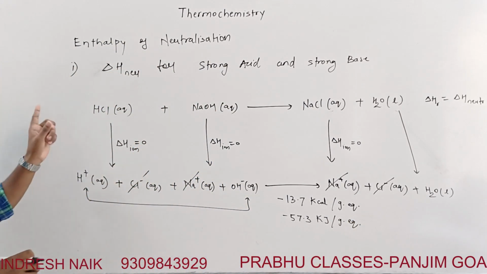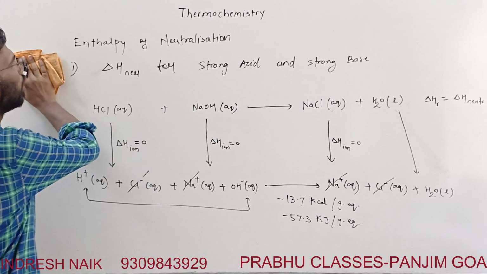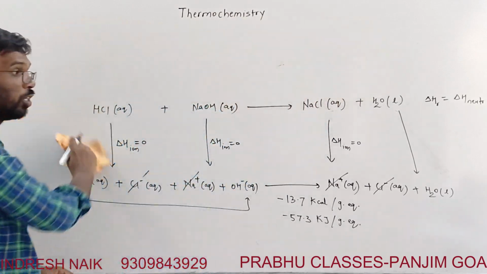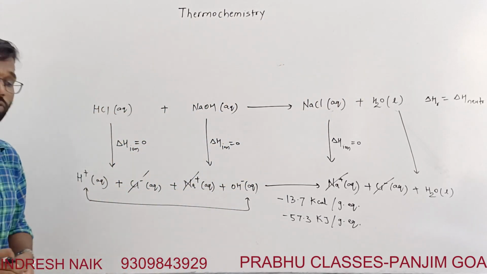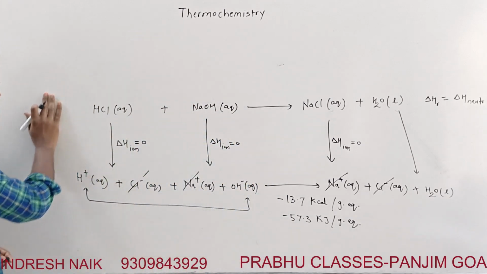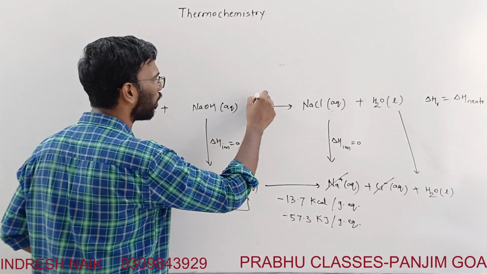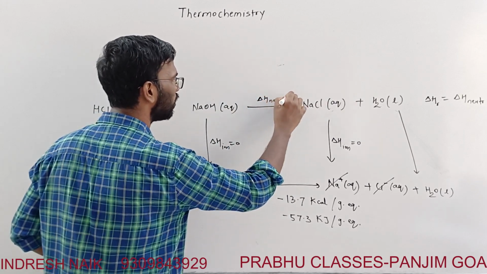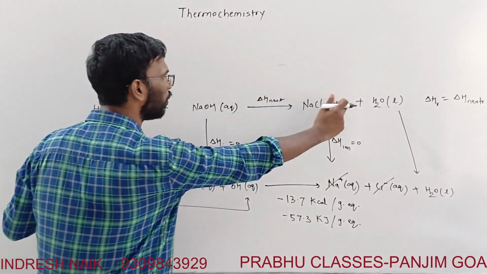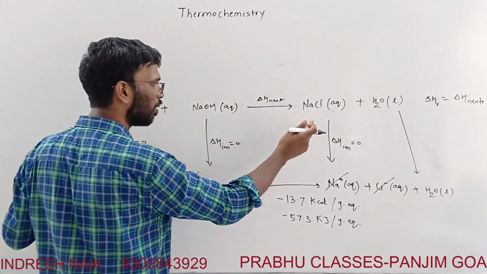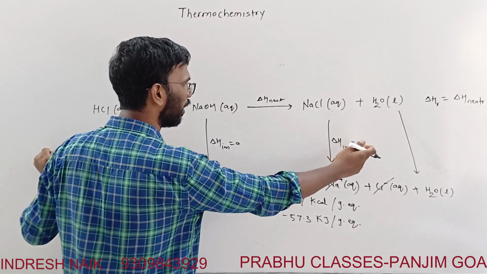Now if I want to write a whole equation for this using Hess's law, I'll just use this space. Now understand, it is for the strong acid, strong base. Similarly, I am going to do it for a weak acid, strong base. So here, this is the enthalpy of neutralization, right? This is the enthalpy of neutralization. So from here to here will be equal to what? This plus this plus this, right?